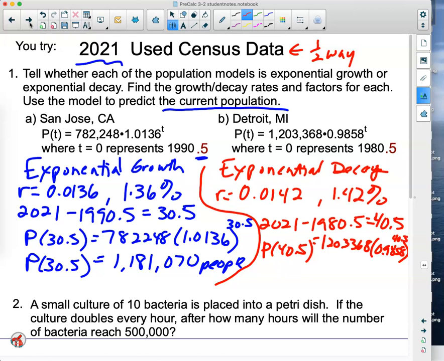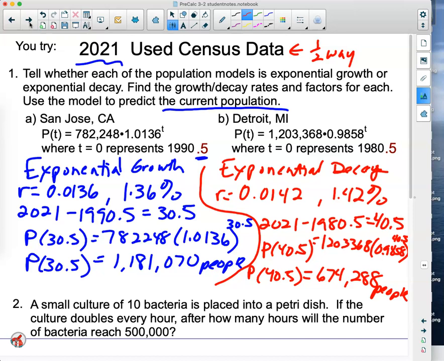If I can fit that in there as the 40.5 power up there, and punch that in. And again, not going to waste your time making me watch that. That's 674,288